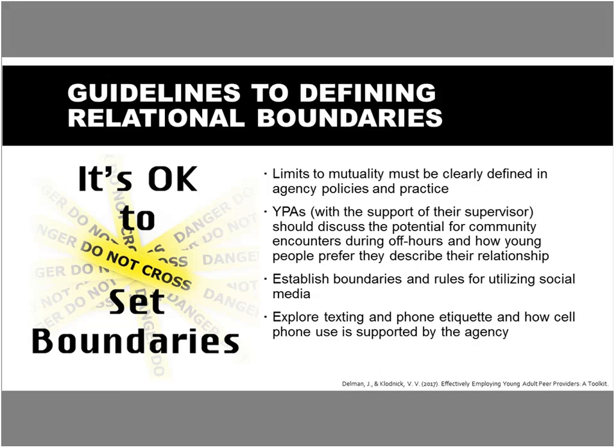Social media is an important and effective way of communicating with young people and may be their primary method of communication. Each agency should have a policy on social media interactions and review those policies with youth peer advocates and young people. Agencies should support youth peer advocates in creating professional social media accounts for engaging young people.